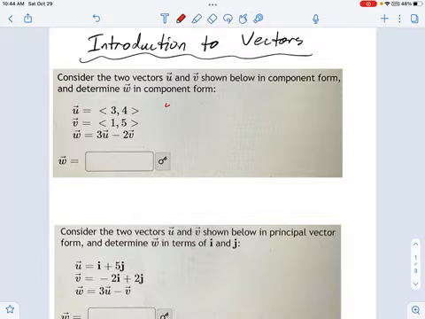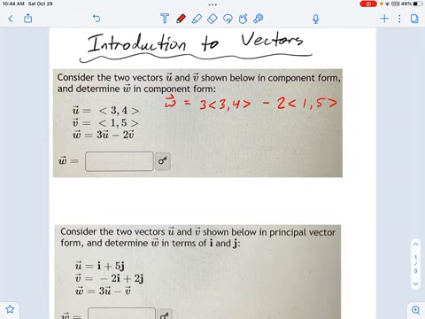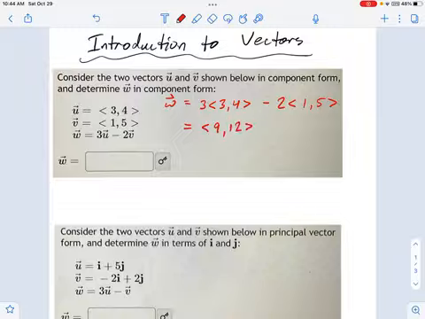So the way I'm going to do this is I'm going to say, okay, here's my w vector, and this equals 3 times my u vector, which is 3 comma 4. And it's going to be minus 2 times my v vector, which is 1 comma 5. And now multiplication distribution works the same as if these were parentheses. They're not, but the rules work the same. So 3 times 3 is 9, 3 times 4 is 12, and that minus 2 gets turned into a negative 2 in here once I multiply, and a negative 10.